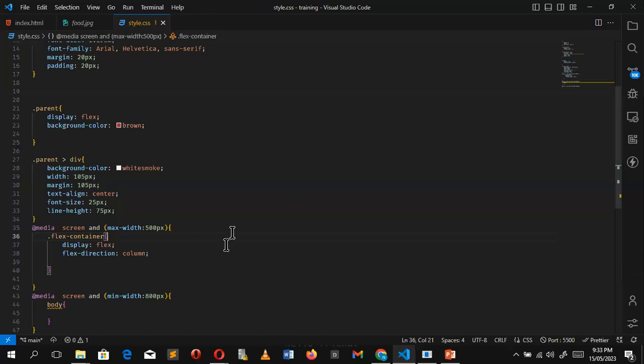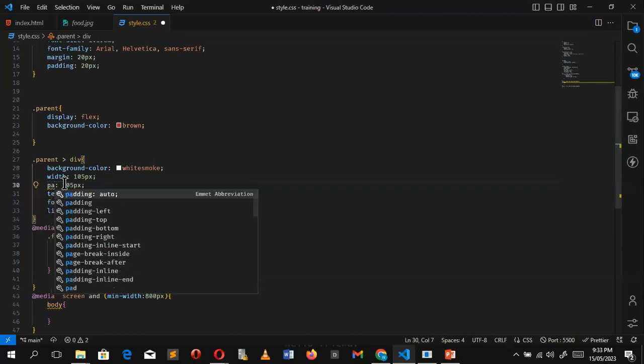Try changing the margin to padding. See if maybe that's what you're looking for. Okay, margin to padding. I doubt that is the problem, but let me do that. It has something to do with